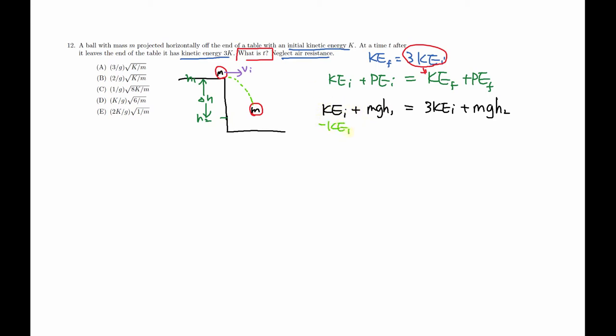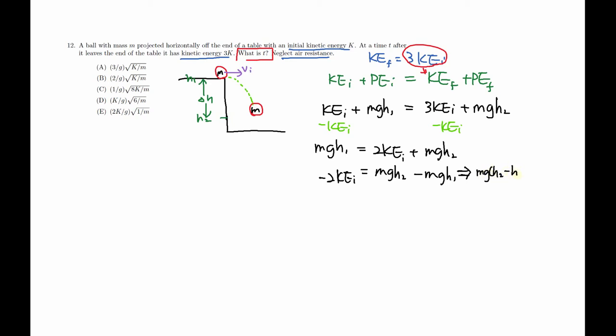Now we can subtract initial kinetic energy on both sides. So that leaves me mg h1 equals 2 times the kinetic energy plus mg h2. I'm gonna have mg h2 minus mg h1, because this represents our final and initial height. So that ultimately is gonna yield us the change in height. But for now, let's simplify our equation. So I can now distribute this. Divide both sides by mg, so I get